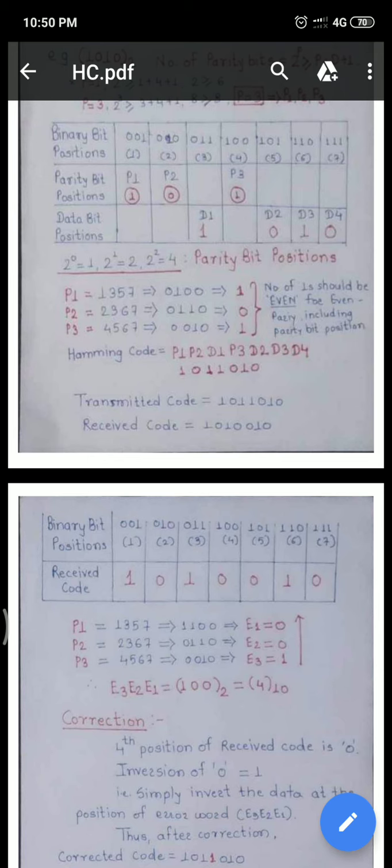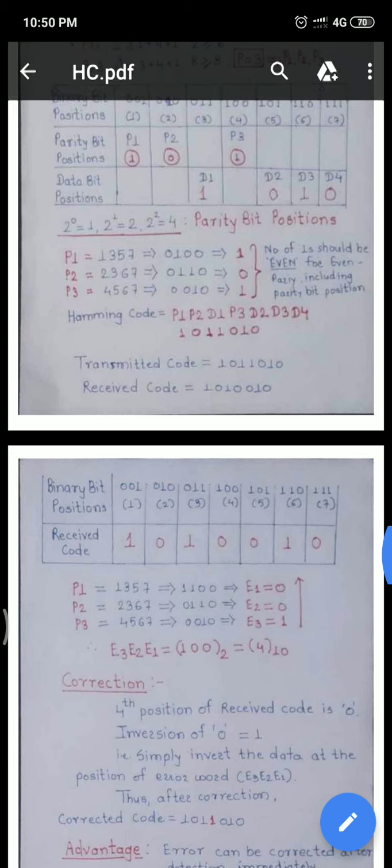But the receiver has received a code like this, known as the received code, 1010010. It means there is some error in the received code. The transmitter has sent the correct code, but the receiver has received the erroneous code with a 1-bit error.